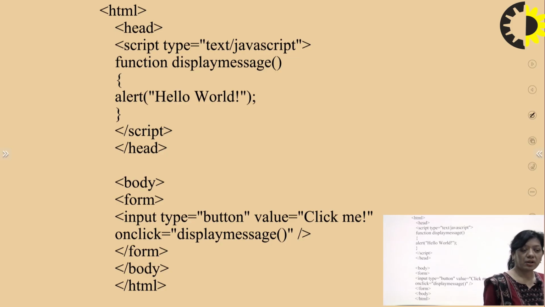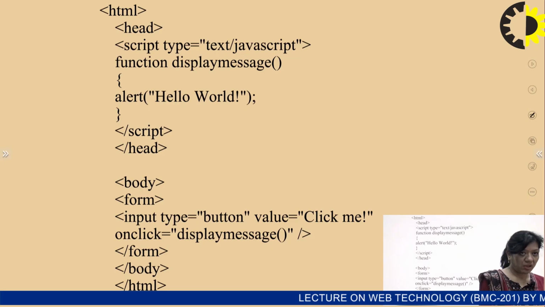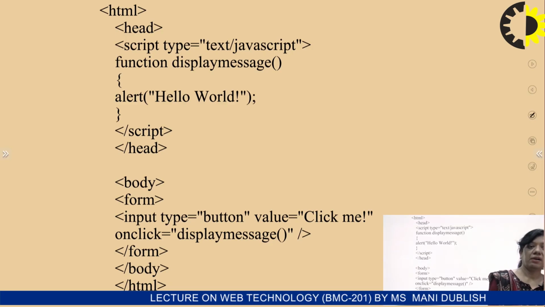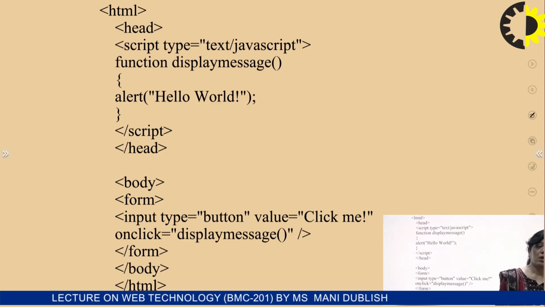When I click a button, the onclick would be our event. What will our event be? Click me. When we click the button, our message will be printed. These kinds of events we display in the input type. So our input type would be button, and what will the value be? Click me, and what will onclick be? displayMessage. So this is all about the structure of a function.